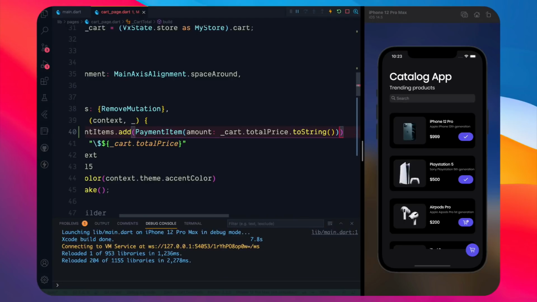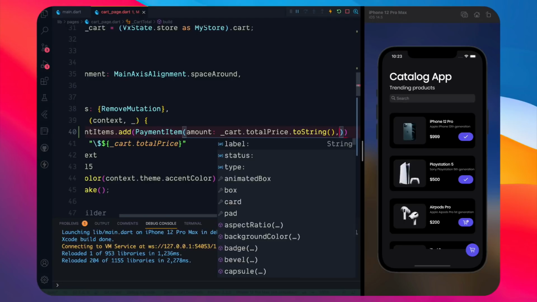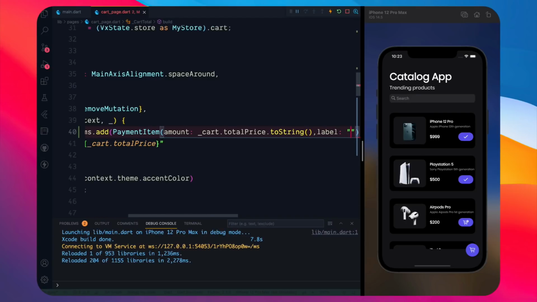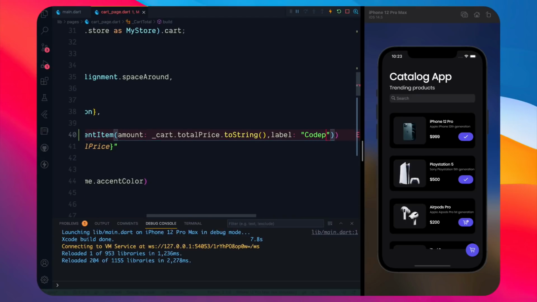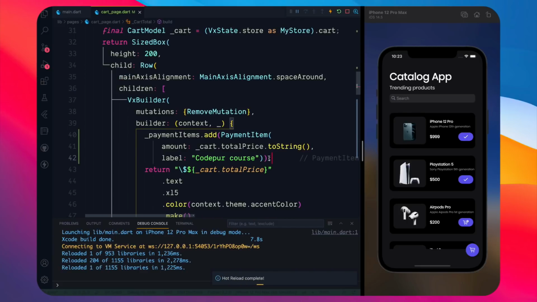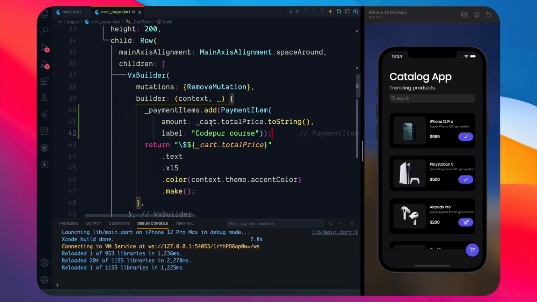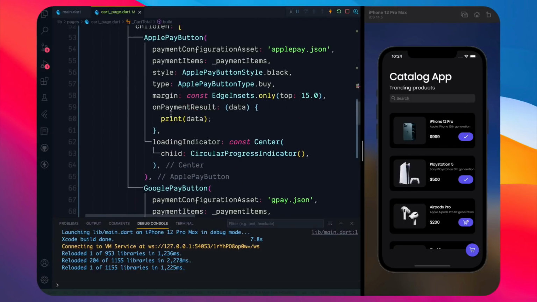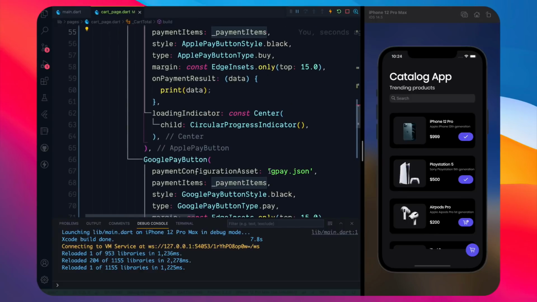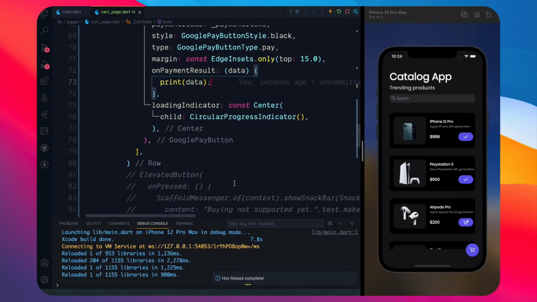The amount will be a string, and the second parameter which it wants is a label or status and all those kinds of things. So label, let's say Codepur course. Something like this you can write, or these are items basically. You can specify the items as well, that's totally fine. You will provide a list of things here, but right now I'm just adding one single item, and then you have payment items over here, and that's all you have to do.